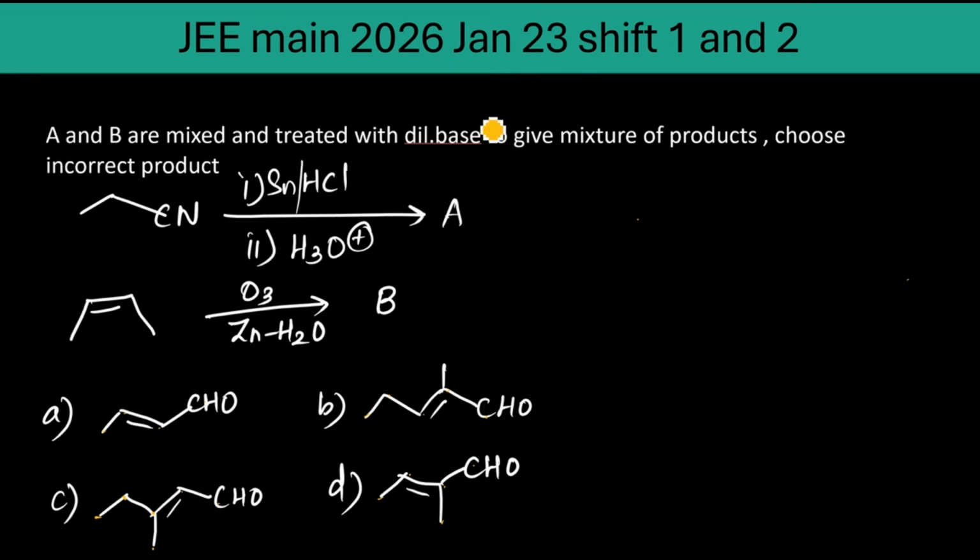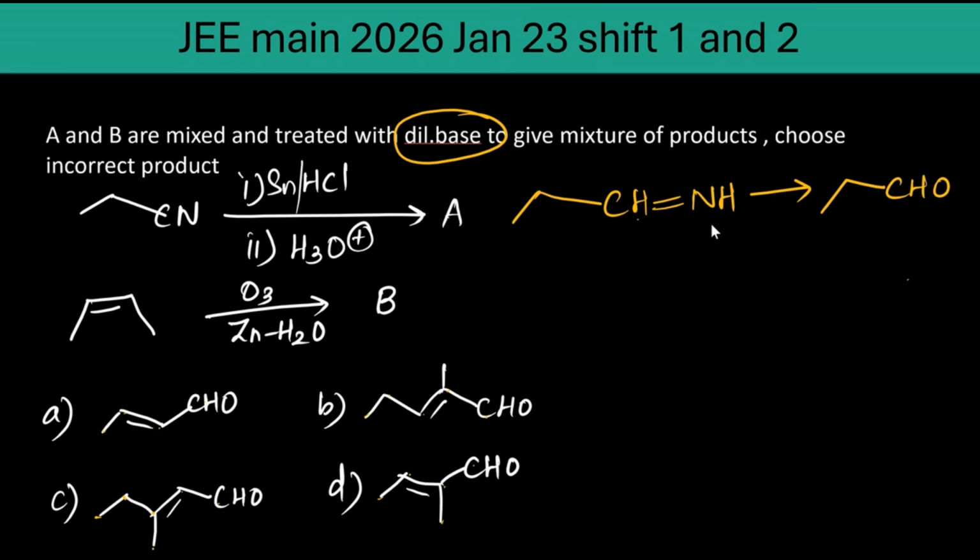A and B are mixed and treated with dilute base to give a mixture of products. Choose the incorrect product. Okay, so the first one, I have a cyanide group. Upon reduction followed by hydrolysis, the cyanide is reduced to form first CH double bond NH, followed by hydrolysis, that will give you CHO, NH3 will be leaving the compound. In the second one, B would break the double bond and put double bond O, double bond O. That's ozonolysis, right, with zinc and H2O. So the product is CH3CHO. This is also an aldehyde, treated with dilute base. What is this? Aldol condensation. So what mixture of products can be formed? Because these two are different